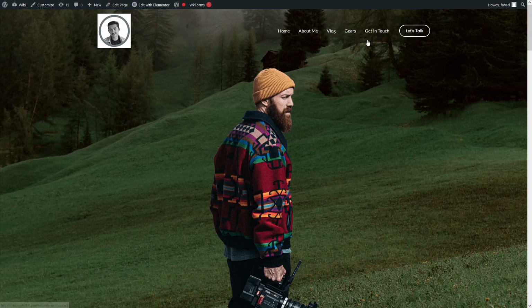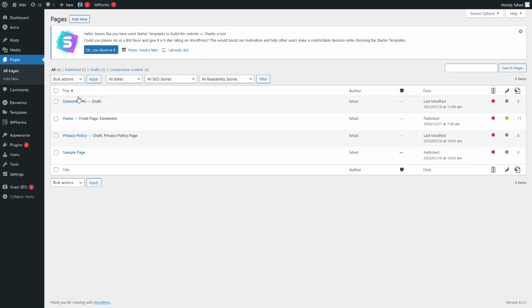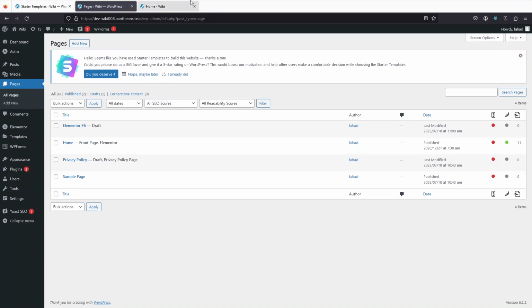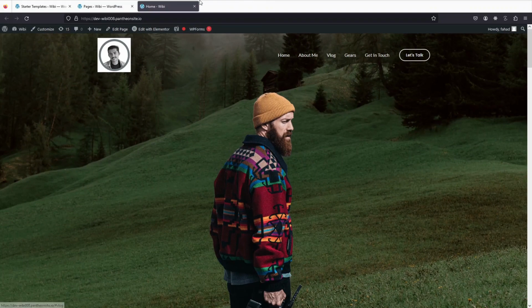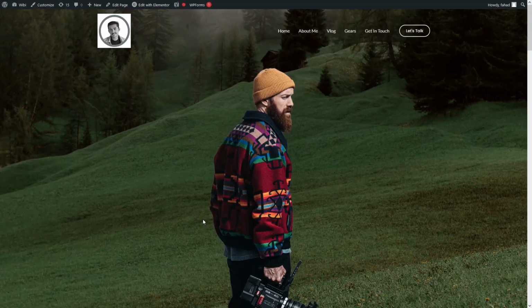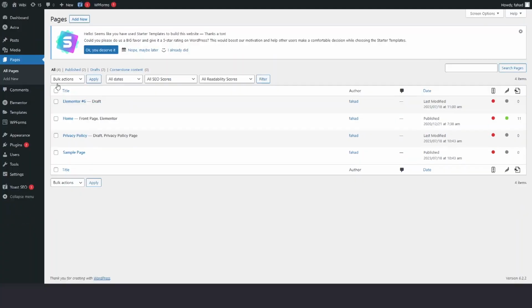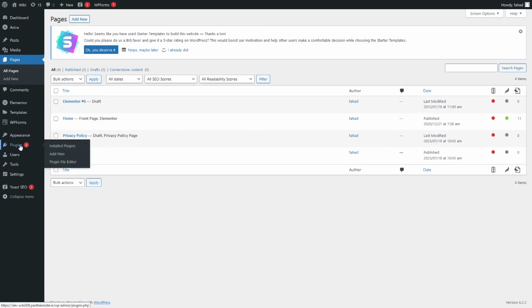So if you want to change the menu, or if you want to add the other pages onto the menu, so how you can do that? So we'll simply go into the WordPress pages, and as you can see here, so we have the Elementor 6, we have the home, we have the privacy policy, and we have the sample page. And as you can see here in the menu, we don't have the sample page. So how can we add the sample page onto our menu? So let's just go back to our dashboard, and we have to go inside the appearance, and in the appearance, as you can see here, we have the menus. Let's just click on it,